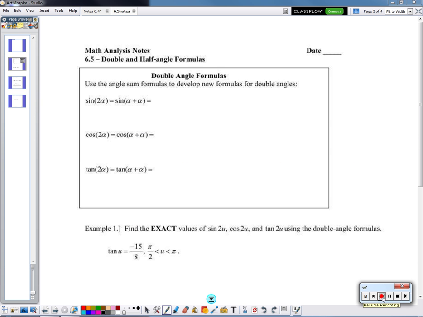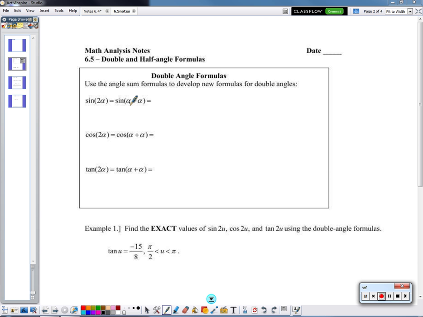In this video we're going to talk about 6.5, which is our double and half angle formulas. We just finished up with our sum and difference formulas. So again, we're going to use what we know about that and apply that a little bit further here in terms of sum and difference. We're just going to use it in terms of adding the